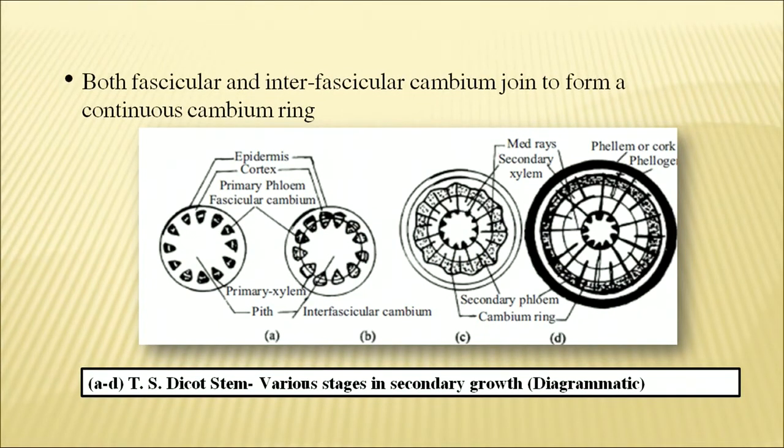In figure A, you can see a dicot stem with vascular bundles arranged in the form of a ring. In figure B, the second stage has come where the cambium cells join from the medullary rays, in between they grow out and they meet the next layer. And in the third figure C, you see there are a lot of medullary rays and secondary xylem which is cut out with the help of fascicular cambium. New xylem is cut out and new phloem is cut out,